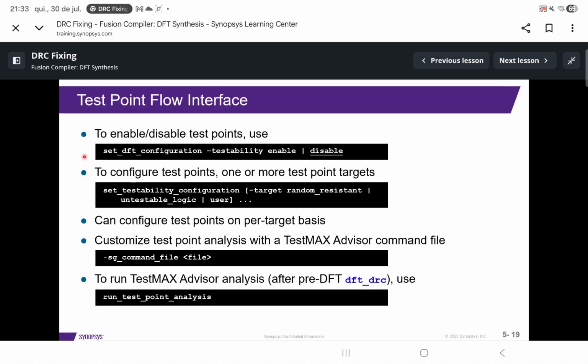To enable or disable test point insertion in Fusion Compiler, use the command set_dft_configuration -testability option. The default is disable. Select enable to enable test point insertion. Once you have enabled test point insertion, you need to use the command set_testability_configuration to configure how test